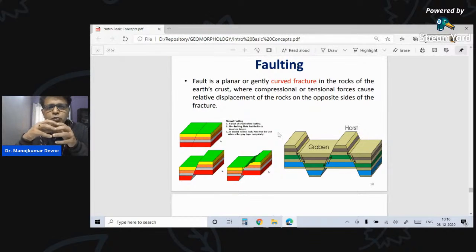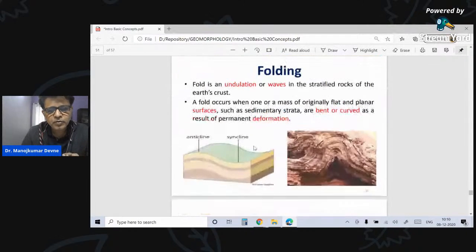The only thing that you have to remember out of this probably is the tension that happens in the globe. That's the surface of the earth as such. And while this happens, you'll see that the movement happens upwards or downwards as such. Okay, there are various types of faults. We're going to come to that.